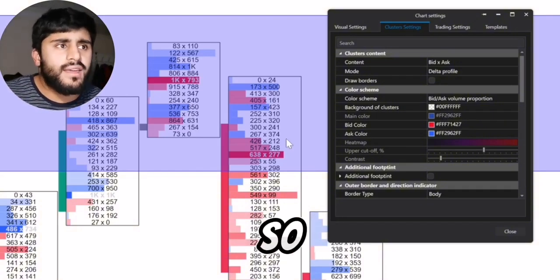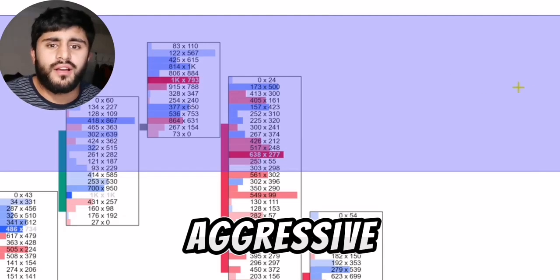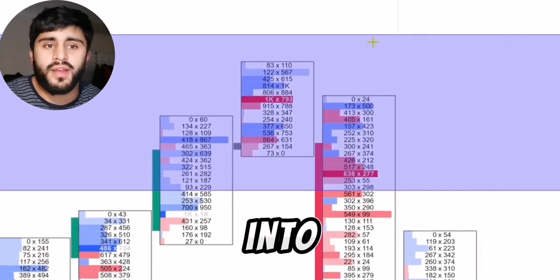So if we see a lot of aggressive buyers coming into a bearish fair value gap,